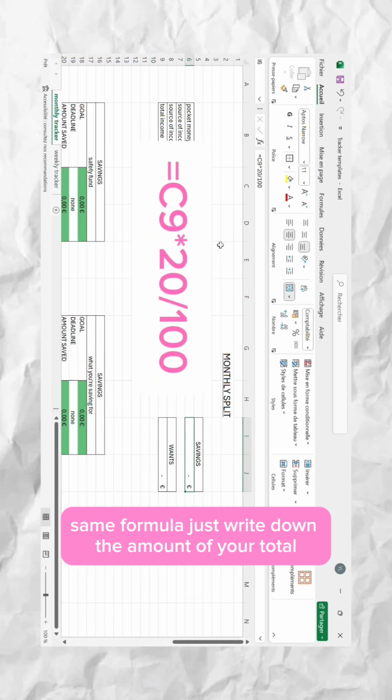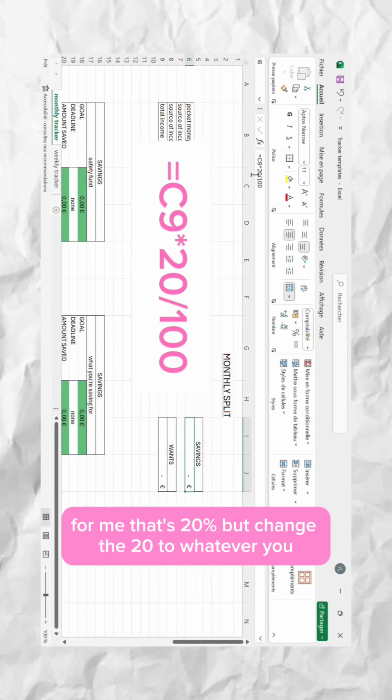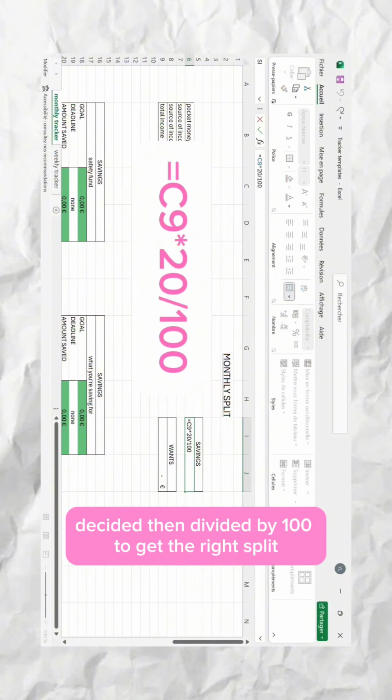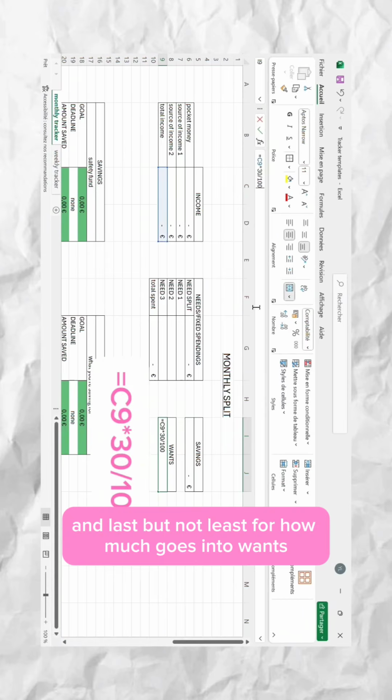Same formula, just write down the amount of your total income multiplied by how much you decided you will put into savings. For me, that's 20%, but change the 20 to whatever you decided, then divide it by 100 to get the right split. And last but not least, for how much goes into wants, same formula,